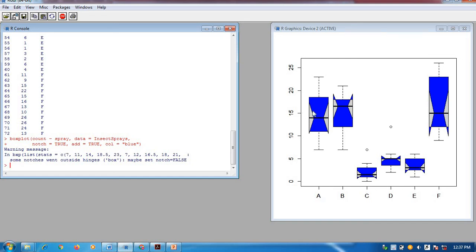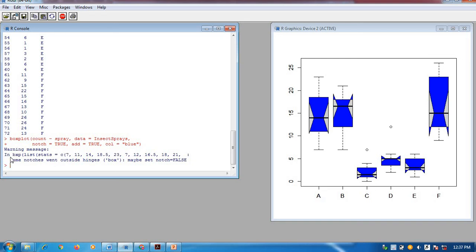Now you can see the notch available at the median point. Add equal to TRUE and color equal to blue. Now instead of the gray color, it is colored blue.